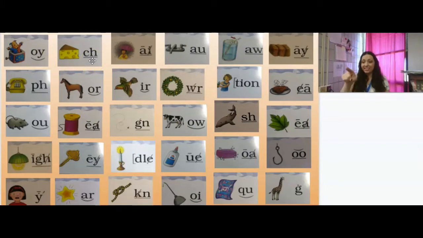Cheese, ch, digraph CH, rain, A, digraph AI, faucet, ah, digraph AU, straw, ah, digraph AW, hay, A, digraph AY, phone, digraph PH, horse, or, combination OR, bird, combination IR, reef, R,